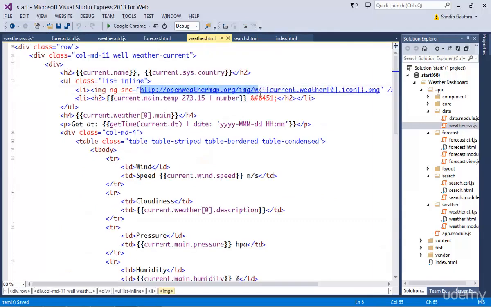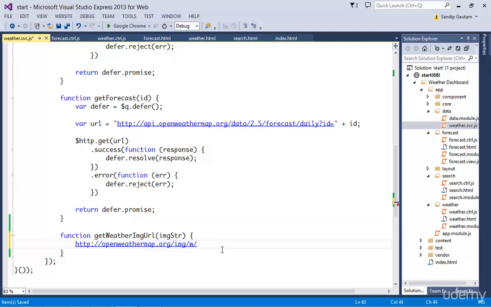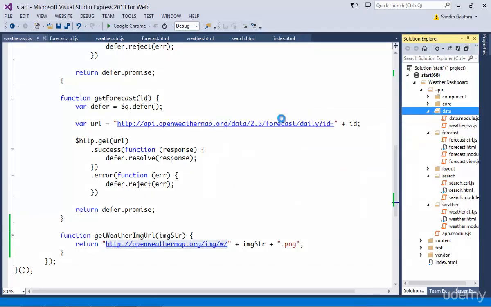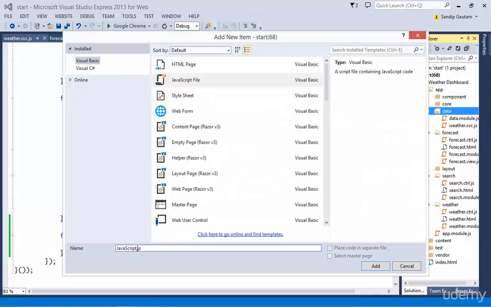Let's cut this URL from here and paste it here. Add icon name to it and file extension png. As we know, all images are png only. Now I don't like to keep this service URLs hard-coded here inside my service. So I'm going to create a new file called weather.config,